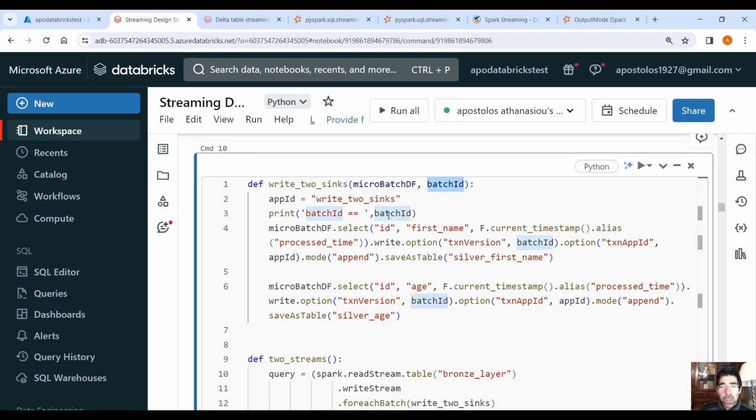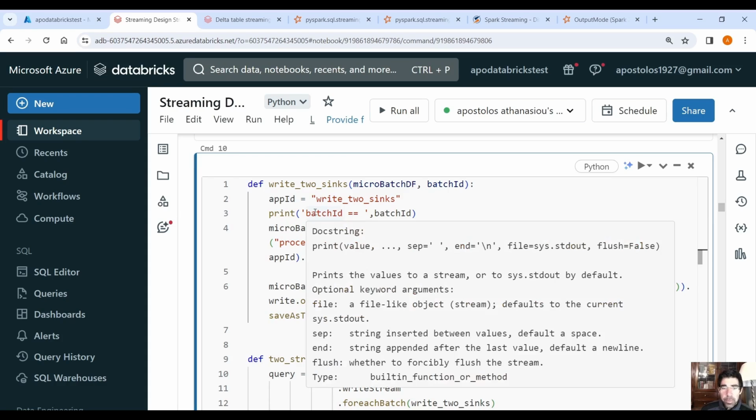The batch ID is auto-generated, but of course you can use a custom-made batch ID. And here, in the data frame, we select the columns ID, first name, and current timestamp. Again, we have to add the current timestamp as a new column, and then dot write option, the TNX version, batch ID, and app ID, TNX app ID, the string that we defined up here, mode append, save as table, silver first name. So again, as you can see here, we get the data essentially from the bronze layer, and